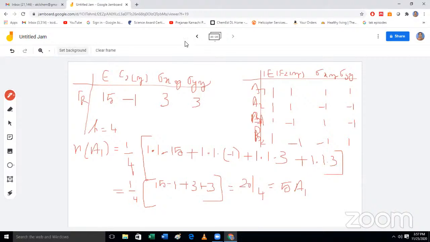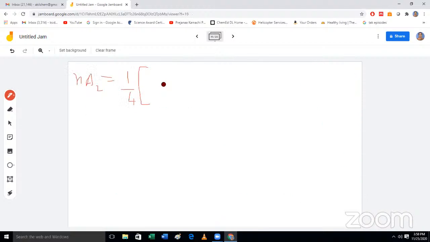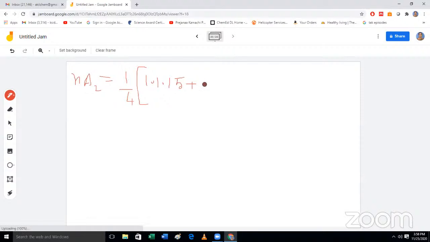Now next, similarly, the number of A2. To find the number of A2, what should we do? Again I should write 1 by 4 into 1 into 1 into 15, plus, we have to look at the characters under A2. 1 into 1 into 15 plus 1 into 1 into minus 1, plus